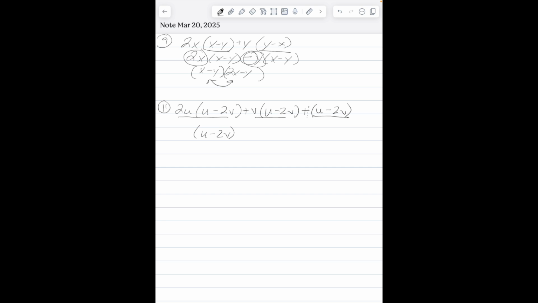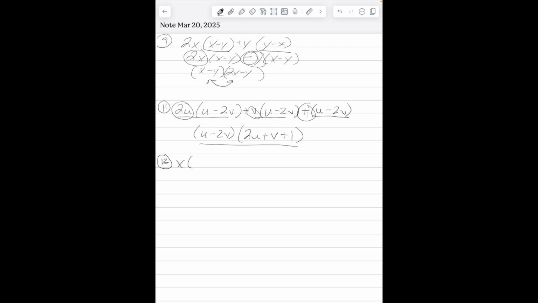Once I do that, what I'm left with is 2u plus v plus 1. Those are the factors I have left. And now we've factored this as far as we can. These are both prime, and that's your answer. (u minus 2v) times the quantity (2u plus v plus 1). Looking at 13,